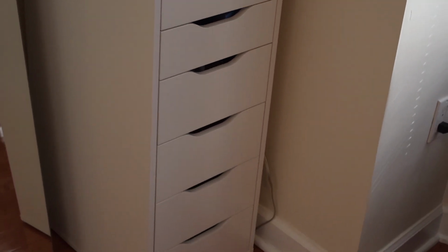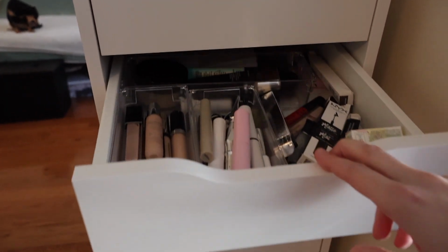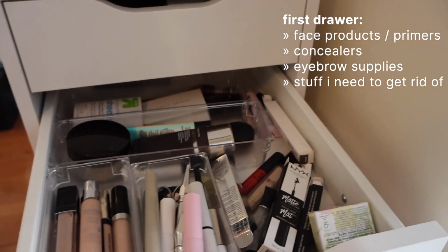Welcome back to another video, and today I'll be decluttering and organizing my makeup drawers. I keep everything in these iconic Alex drawers. I'm sure you've seen them before. I'm sure you've seen other people store their makeup and accessories and whatnots in these drawers, but I'll be going through what I have been using in terms of makeup and the thought process behind my decisions to get rid